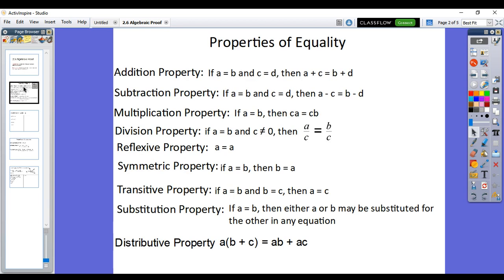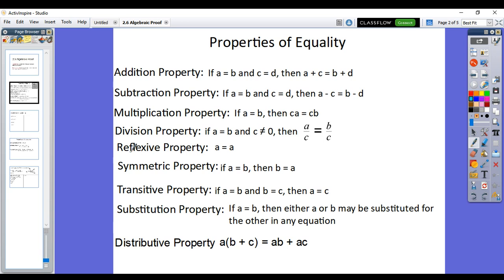So let's start. These are all called properties of equality. Equality means equals. Anytime you add something, we call that the addition property. You're adding. Anytime you subtract something, subtraction. Multiplication property, and so on and so forth. Those are pretty simple. For example, if I already had two terms and I want to multiply them by the same amount, in this case, look at C and C, that's called the multiplication property. Pretty obvious. Anytime you want to divide by something, reducing both sides by the same amount, it's